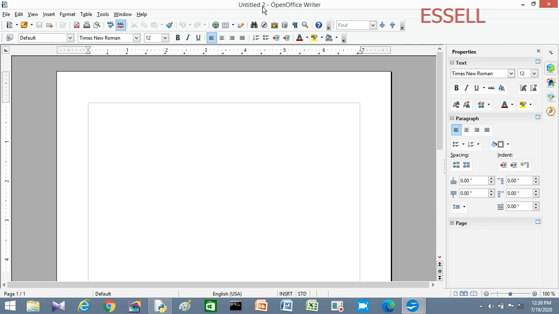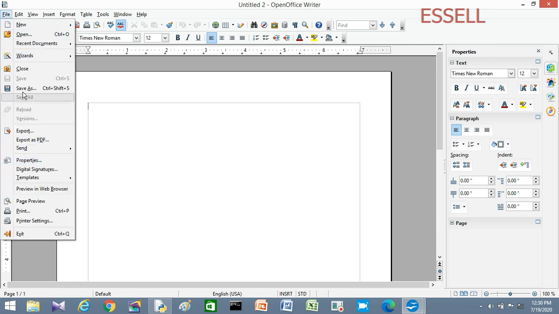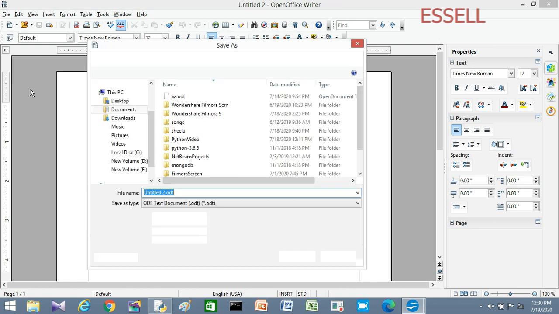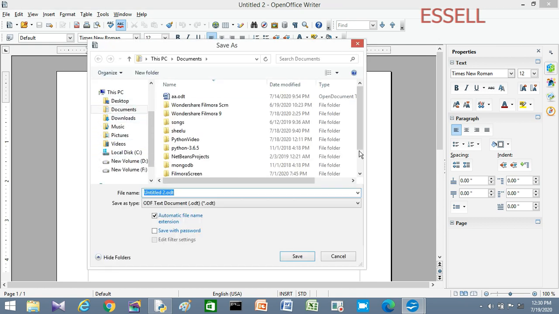After that, if you want to save this file, we can use the save command. From the File menu, there is the command Save, or the first time we can use Save As. When we use the Save As command, there is a dialog box where drive names are listed, the selected folder's contents are displayed, and there are a file name and save as file type.